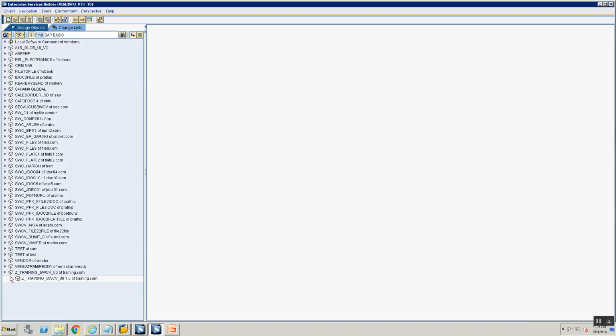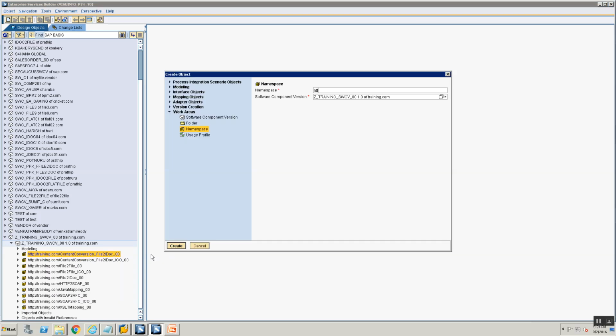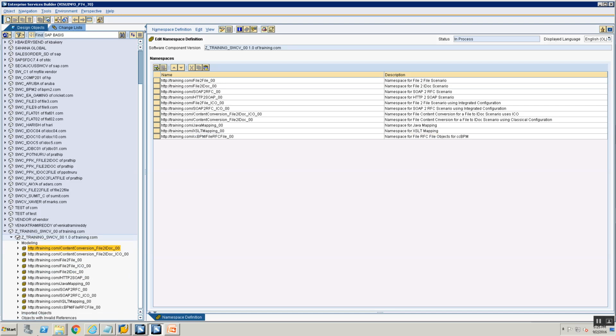Okay, so I'm first creating a namespace. File RFC file. Okay, I'll call it /ccBPM /file RFC file _00. Now that is done,